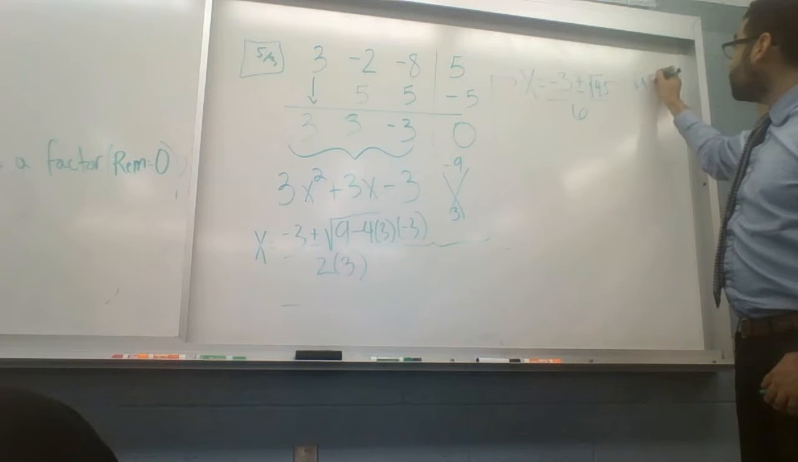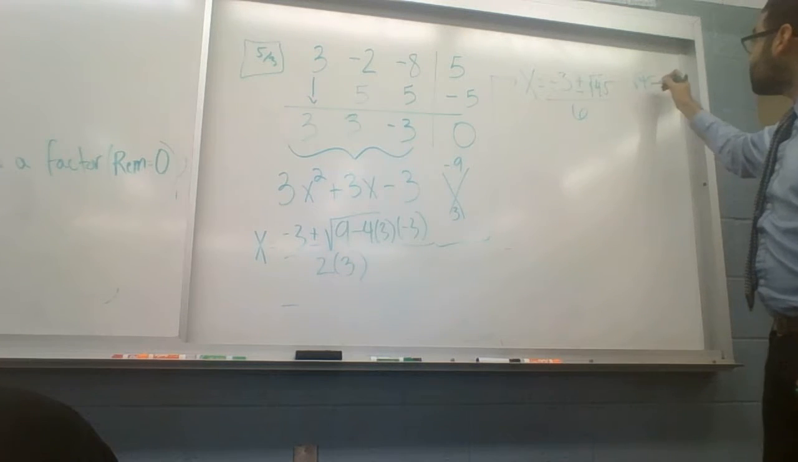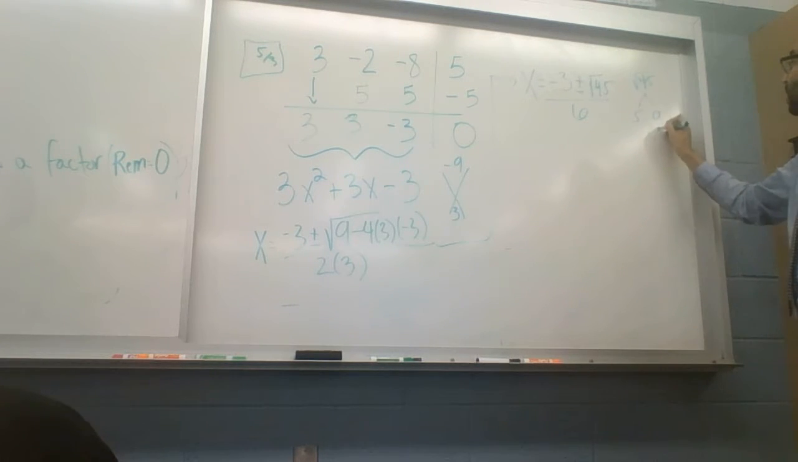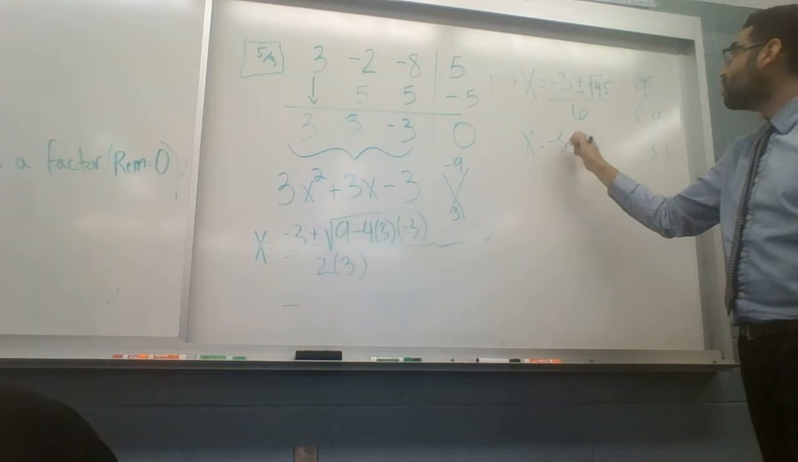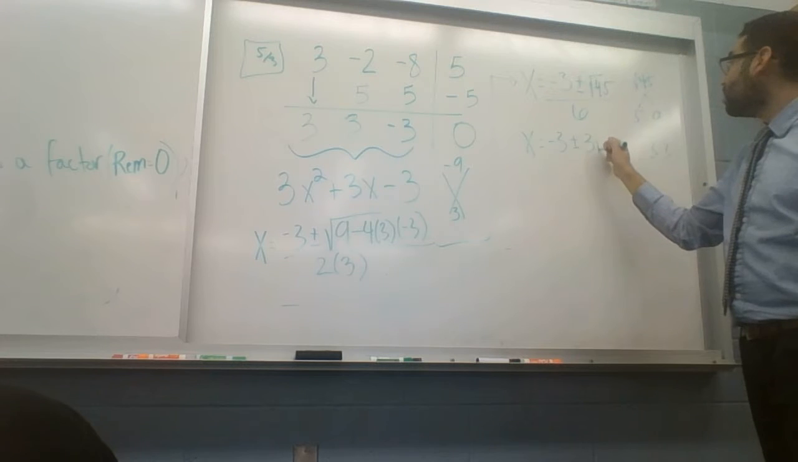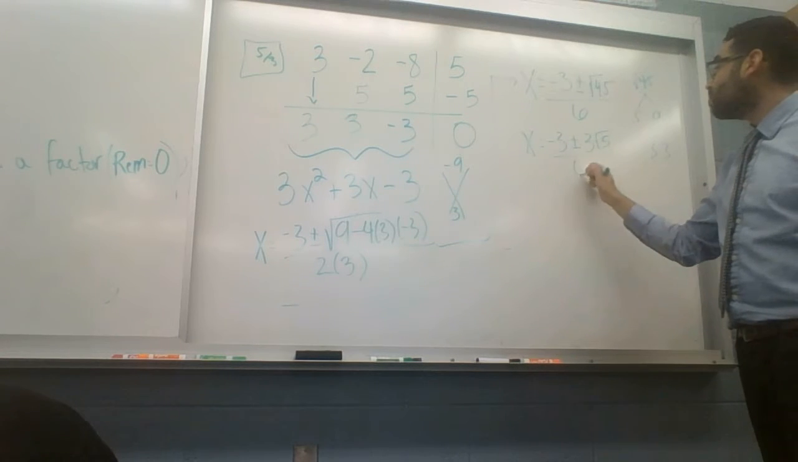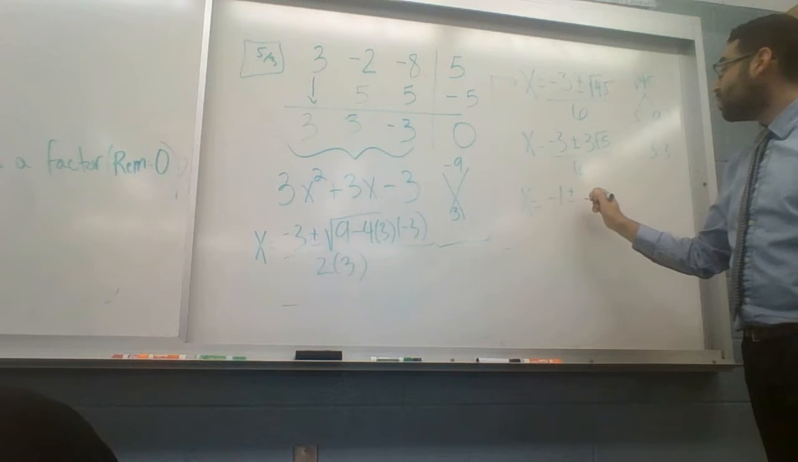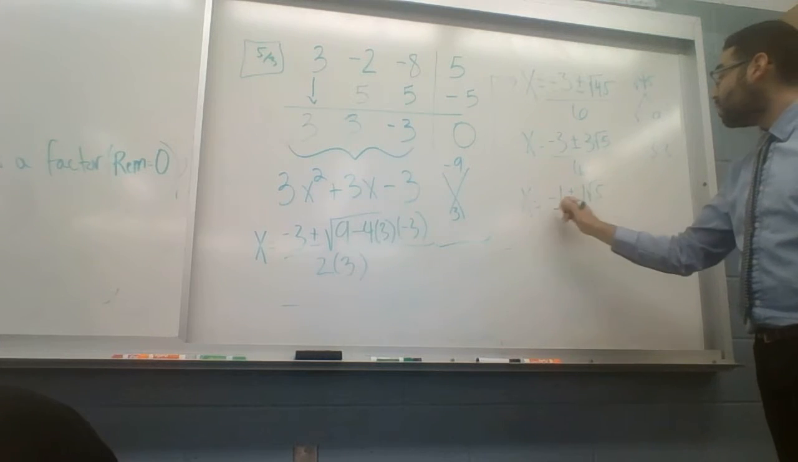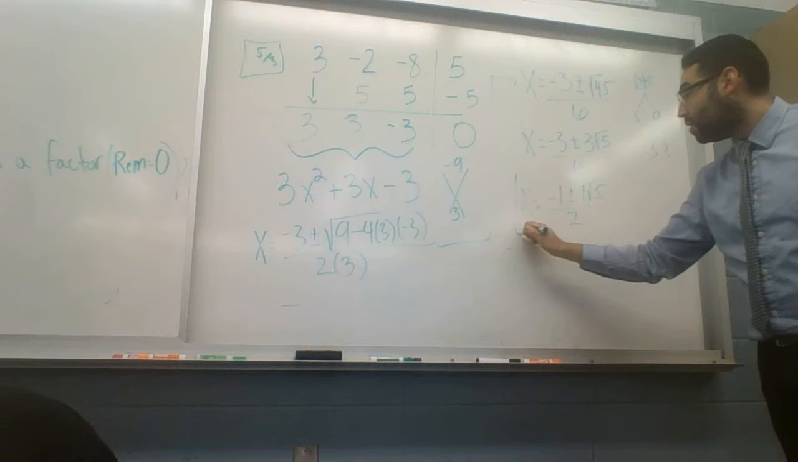Let's take the square root of 45 and break that up. That's going to give me 5 times 9. I see that I got a pair of 3's here, so I've got x equals negative 3 plus or minus 3 radical 5 all over 6. So divide everything, and I get negative 1 plus or minus 1 radical 5 all over 2, and that is